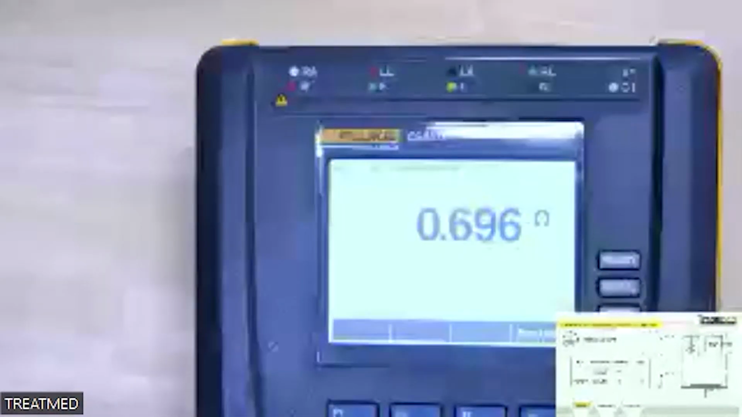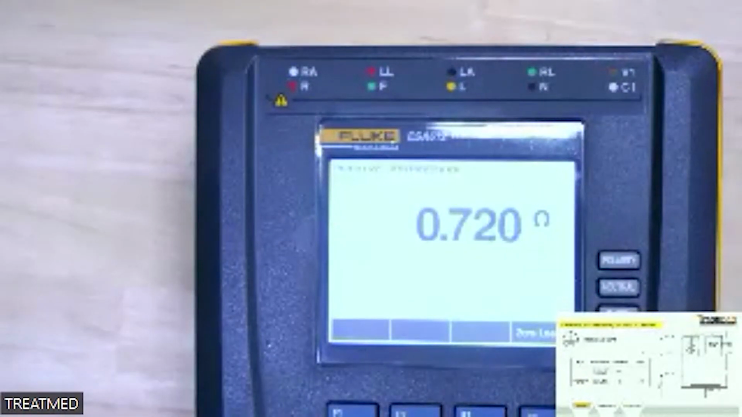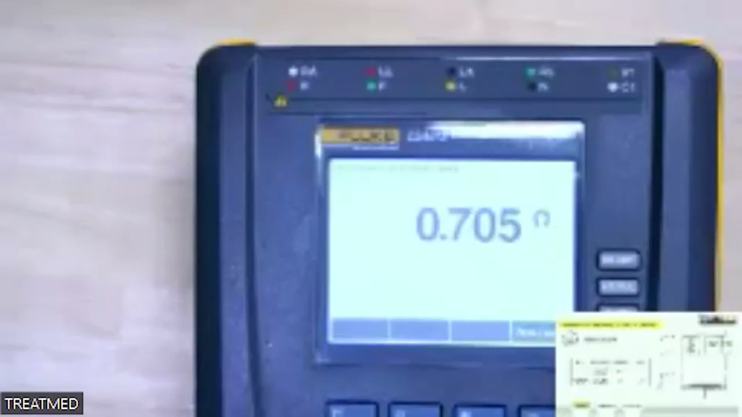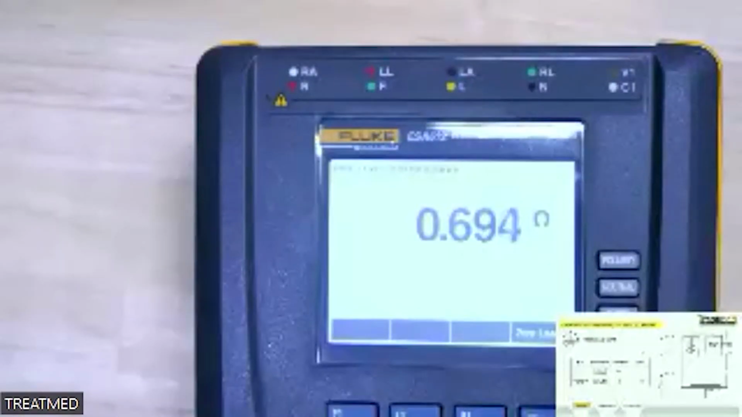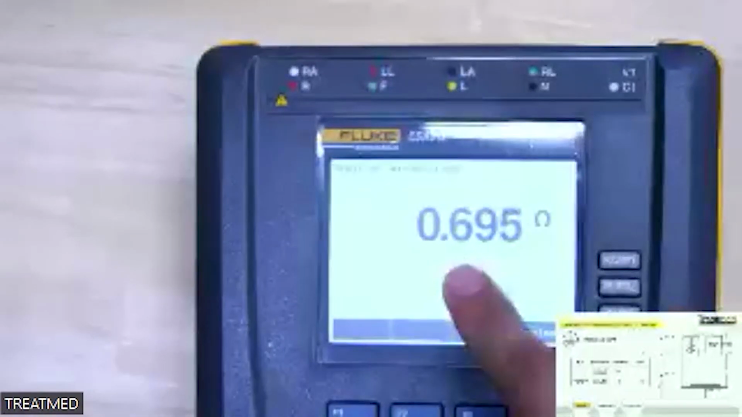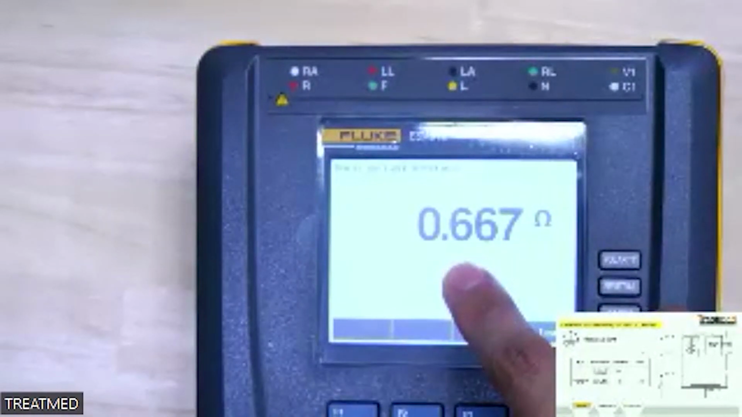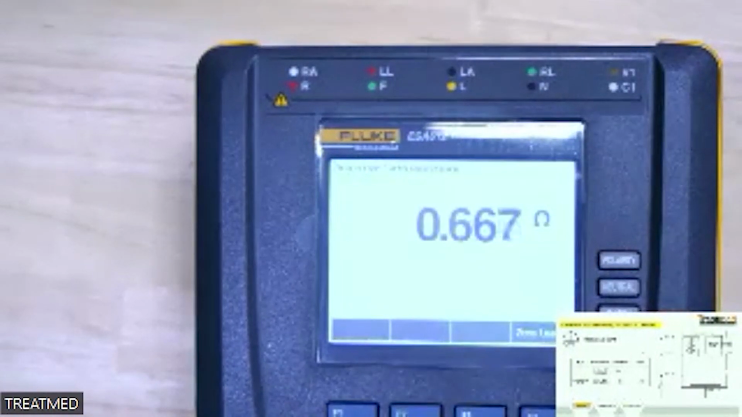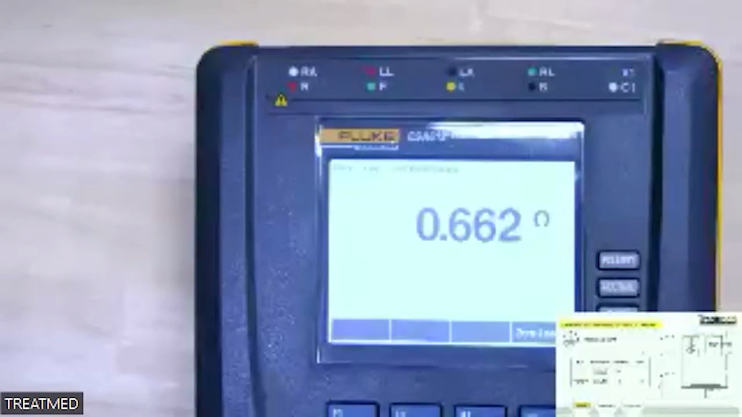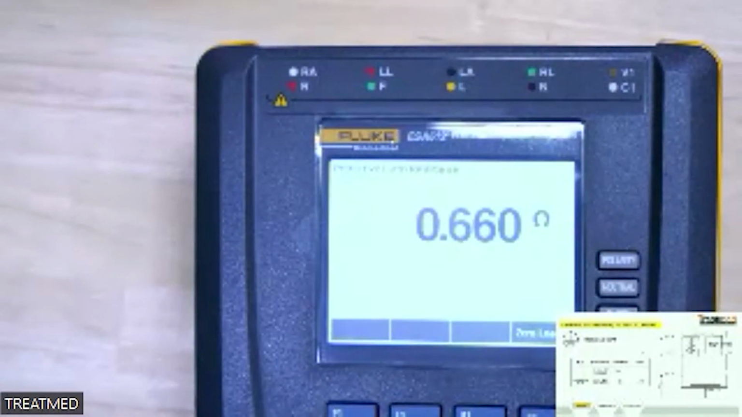Can you see the display of the electricity analyzer? Yes, we can see. Okay, this is the value when we measure the protective earth. This value is 0.66. When we compare to the standard for IEC 60601, it must